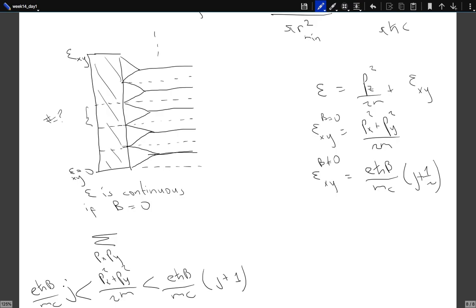I just added 1/2 to the energy level below and the energy level at that energy level so that I get the mid levels. This sum is the integral of dx dy dpx dpy over h squared,